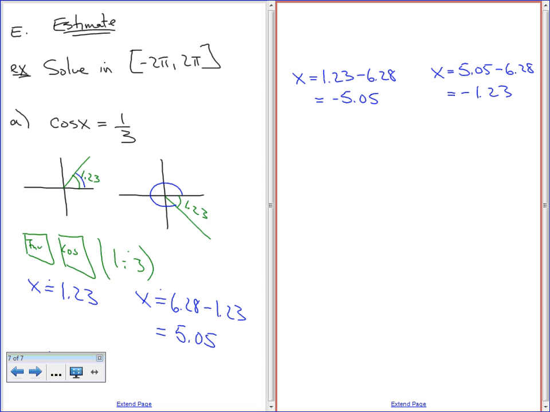Okay, so the process is exactly the same as doing it with the exact values. The only difference is you're estimating your related angle and you're estimating your answers. Processes are the same. Okay? One of the most common mistakes people make